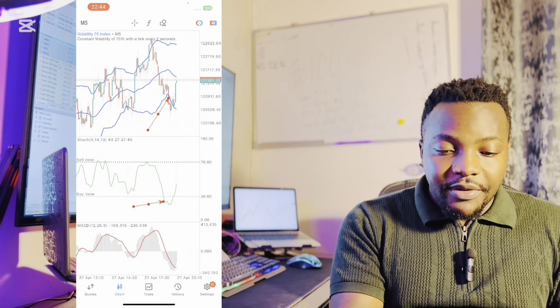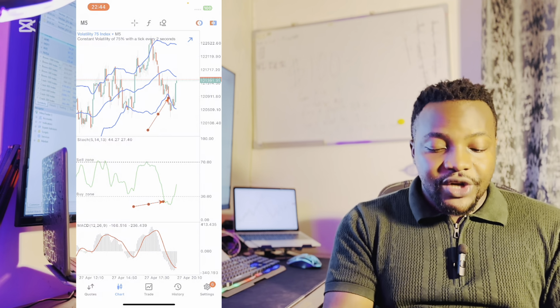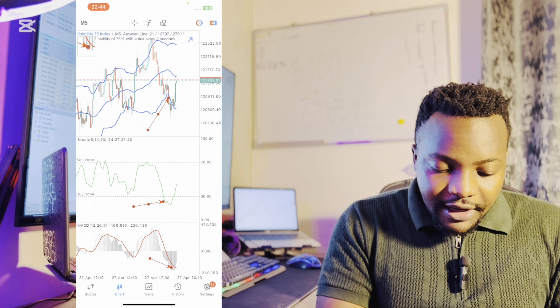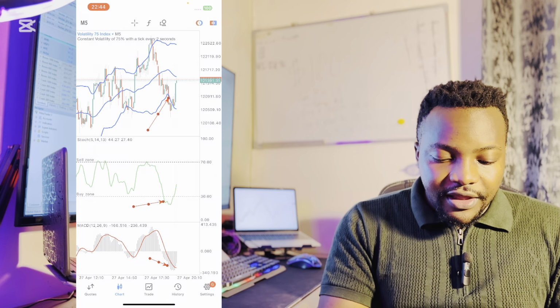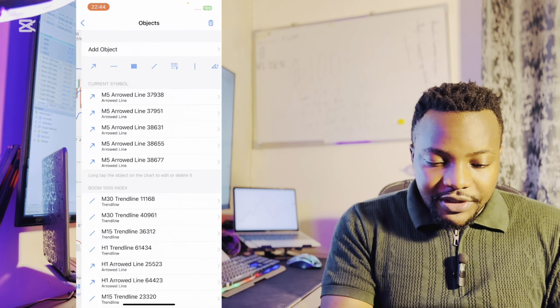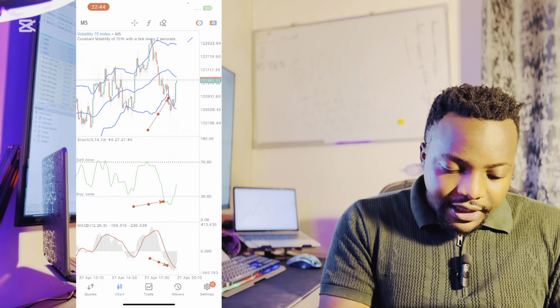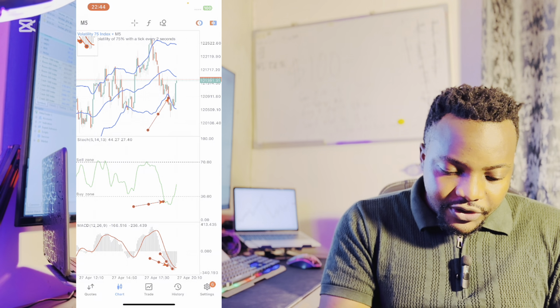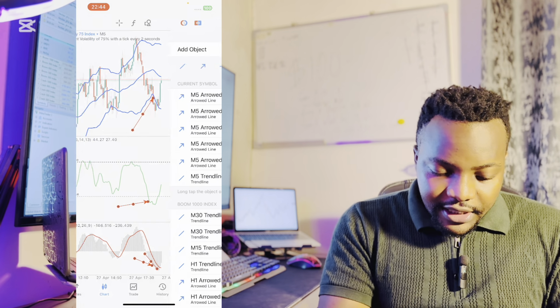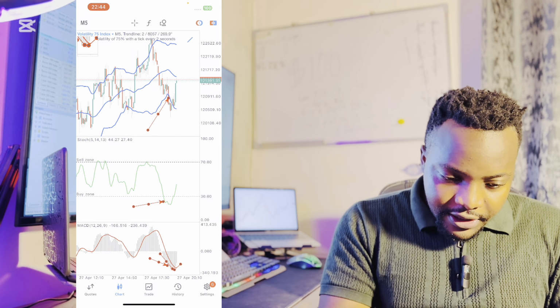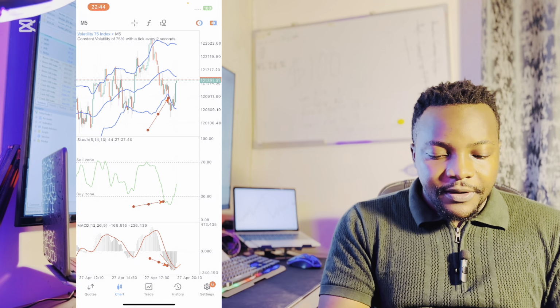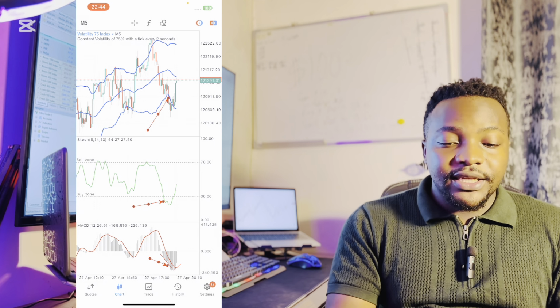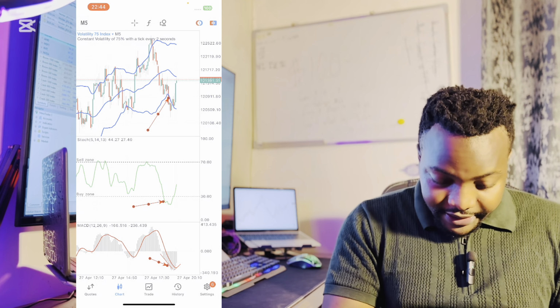Now, your third confirmation where you actually enter into a trade is you want to see if your MACD has given you a peak formation. Okay, so right there is a peak formation. What we simply mean is your MACD forming a peak right there. As you can see, if you draw it like that and like that, you see that price has formed a peak, right? Okay, so right there you can see that there was a peak formation from your MACD, and that